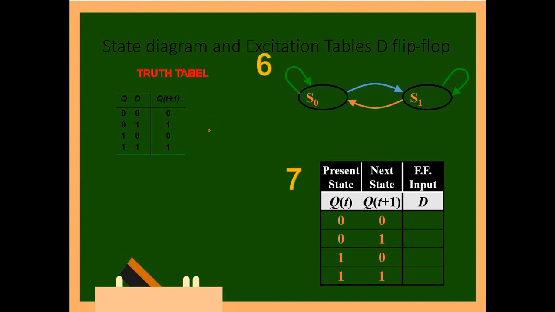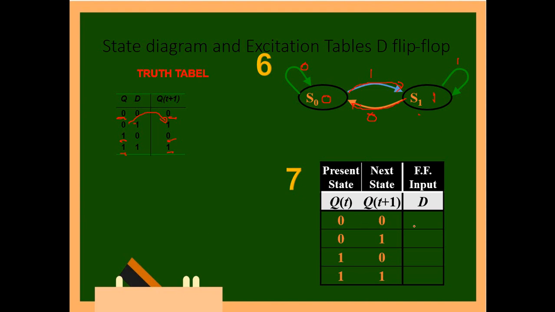The state diagram: when it is going from 0 to 0, Q is 0, Q plus is 0, and the input is 0. When it is 0, it stays in the same state. Then it goes from 0 to 1 when the input is 1. So this is the 0 state, this is the 1 state. When it goes from 0 to 1, D is 1. Next case, when it goes from 1 to 0, D is 0 only. So this transition is 1 to 0. And the last one is going from 1 to 1, where the input is 1. So this is the state diagram of the D flip-flop.